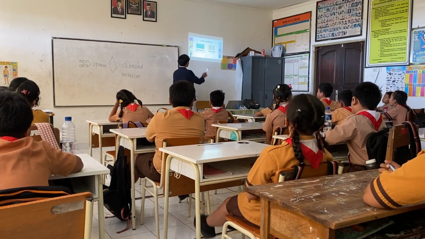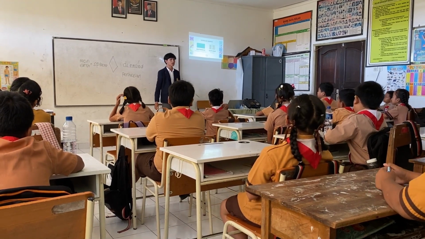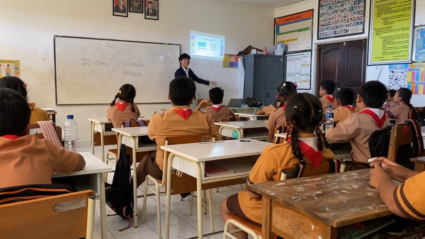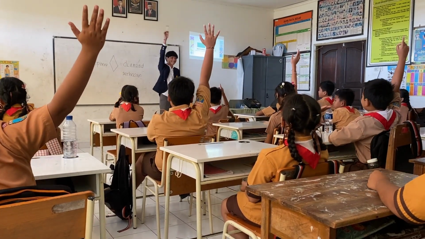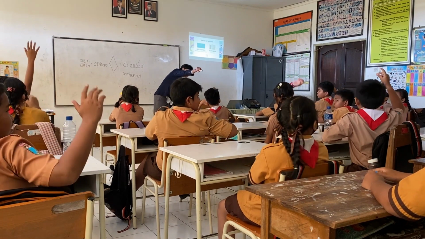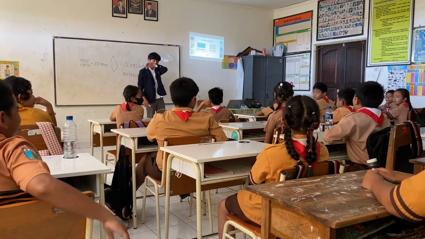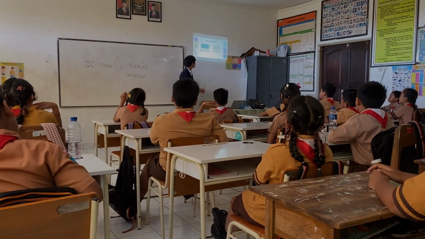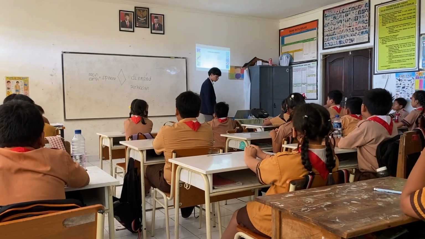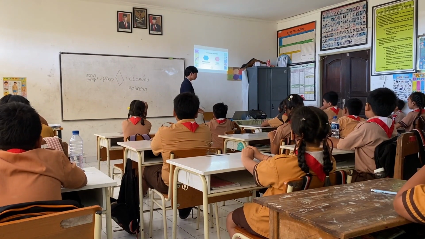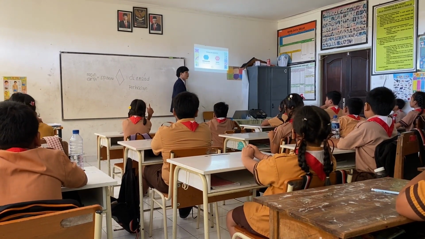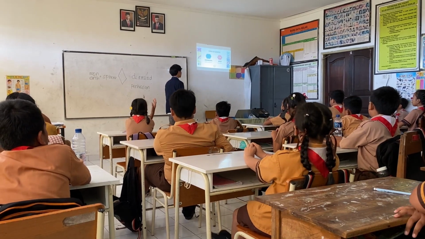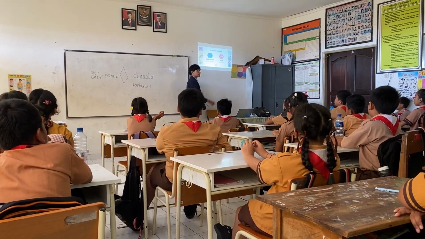We are moving to the next shape. The next one is rectangle. What is rectangle in Indonesian? Okay, so how many sides does it have? Yeah, you. Okay, so a rectangle also has 4 sides. And now we are moving to the next one. Hexagon. What is hexagon in Indonesian? Okay, segi enam. And how many sides does it have?